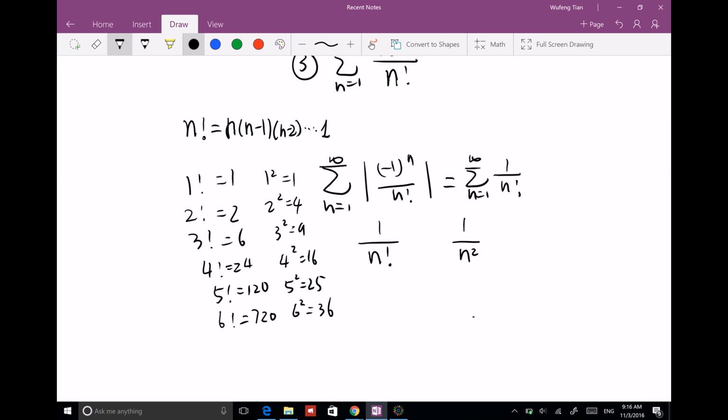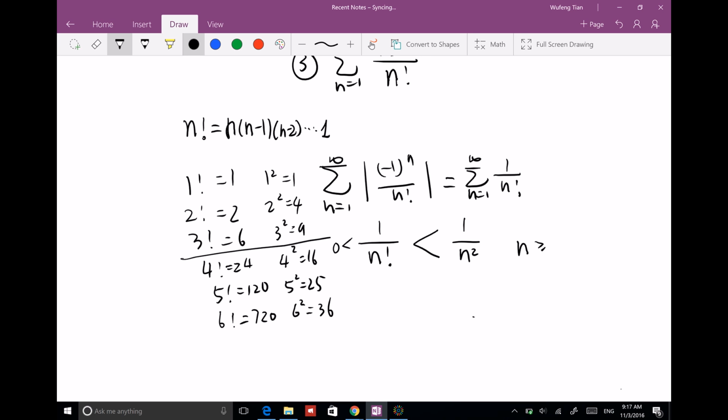Lacey? The factorial is bigger, but with the 1 over it... It's going to be the n squared. Yeah, 1 over n squared is bigger. But we know that both of them are for sure positive, and 1 over n squared is bigger, not always. Okay? At some point, after 4,